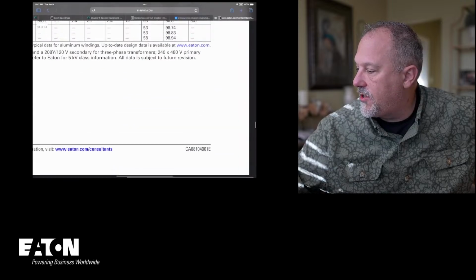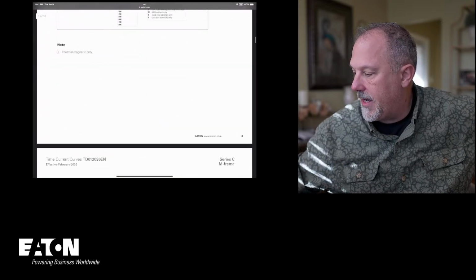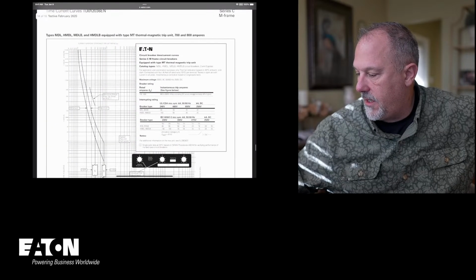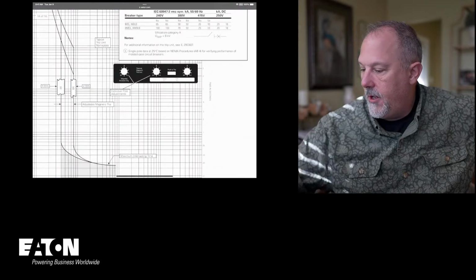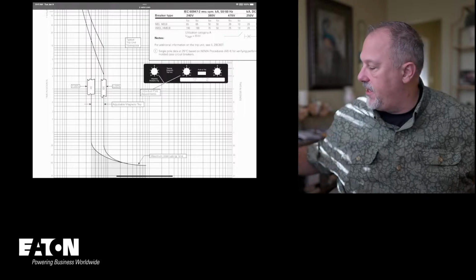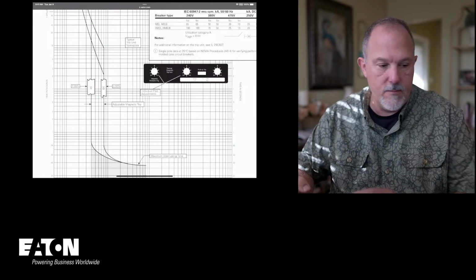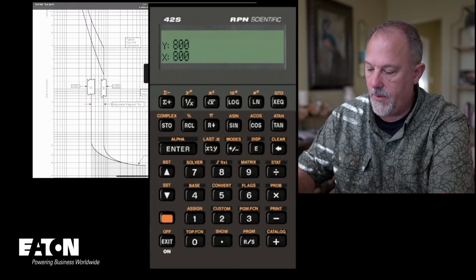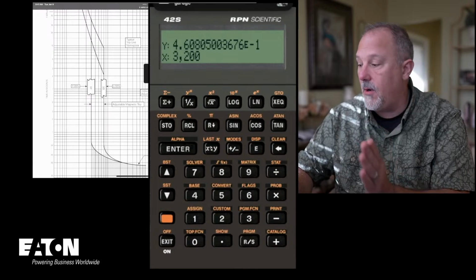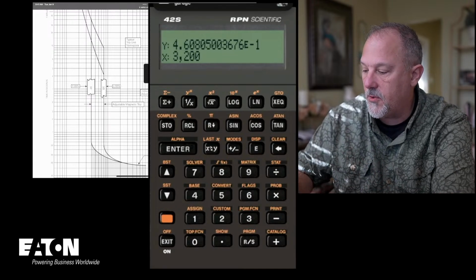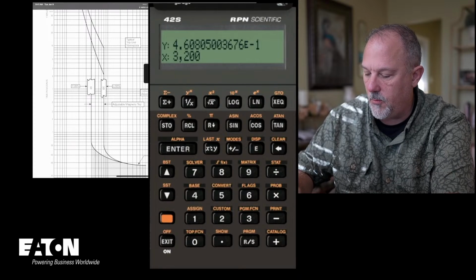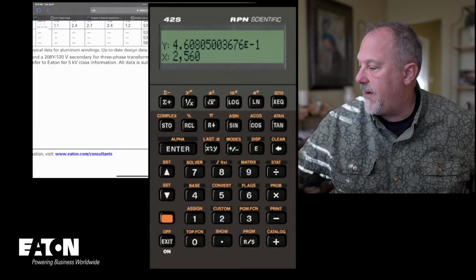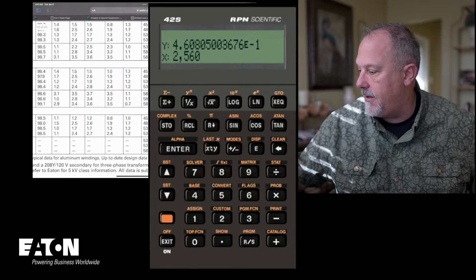And if we go back to the trip curve, let's go back to this MDL. I want an 800 amp. This is 800 amp. Your instantaneous pickup is 4 times. So 4 times, I'm going to do 800 amps, 4 times, and it's 3,200 amps. And it's plus or minus 20%, so 0.8 times. So that's 2560 is the leading edge. 2560 is greater than that